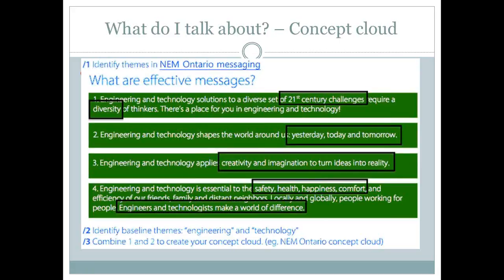That we have a diverse set of challenges, a diverse set of problems that we're trying to solve, all of us together, and we need that diversity to come into our engineering and technology family to help us really break through